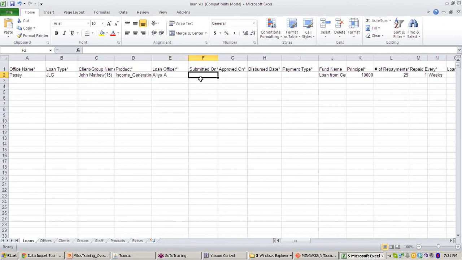When this loan application is given, let's define one date. Let's take it as February 2014, because most of the clients and office centers were defined in January, so whatever loan we are applying should not be before the clients are created. Let's take February 3, 2014.